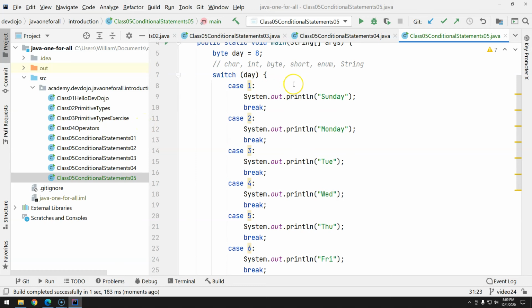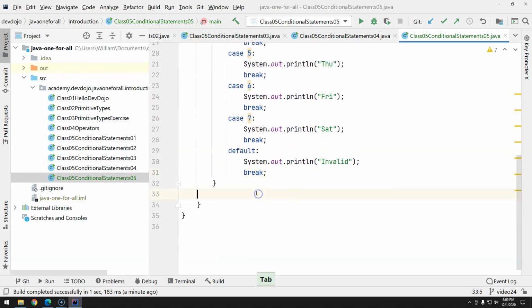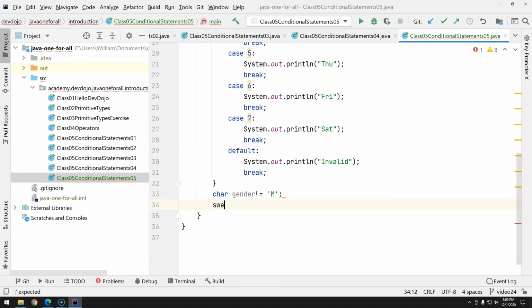Now let's give another example. Let's say that I would like to print the gender. So if someone types M, if we have M as a monkey, we would like to print male. And if someone types F as Friday, we would like to print female. So pretty straightforward. We can have char gender, and then M, and switch